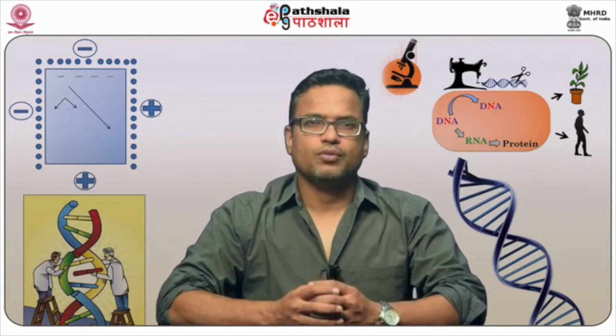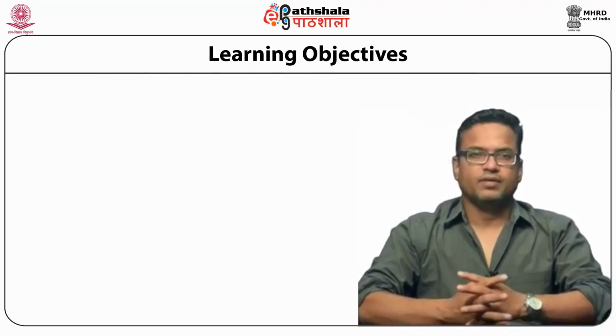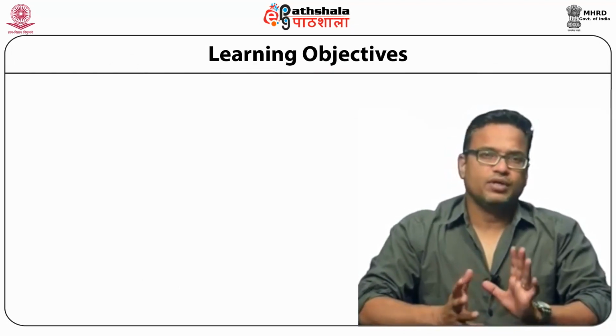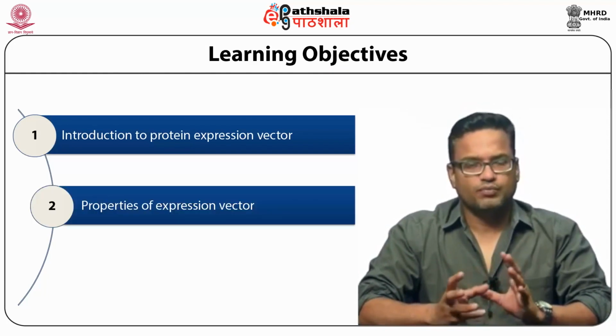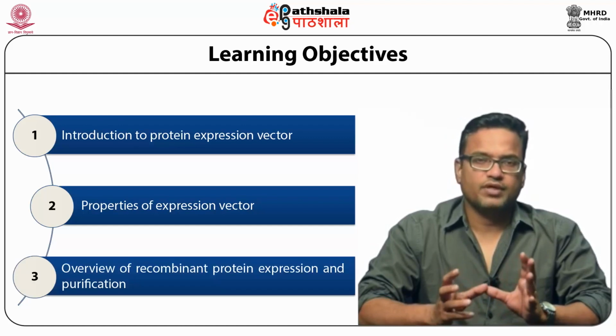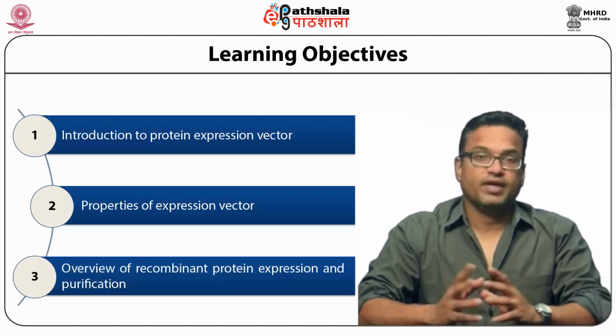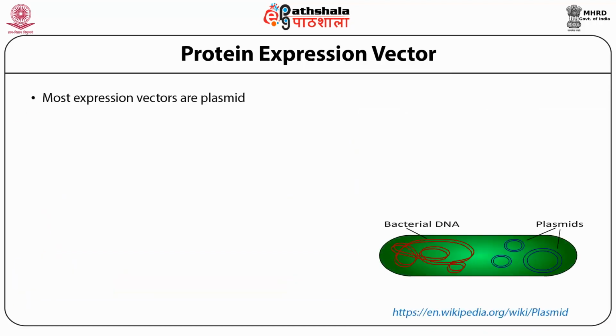Today we are going to talk on a module, Protein Expression Vector, under the paper, Genetic Engineering and Recombinant DNA Technology, Part 1. After completing this module, you will be able to understand what are the features of a protein expression vector, what are the properties of an expression vector, and how a recombinant protein is expressed and purified via expression system. Protein expression vectors are usually plasmids of bacterial origin, and plasmids in bacteria are the extra chromosomal copy